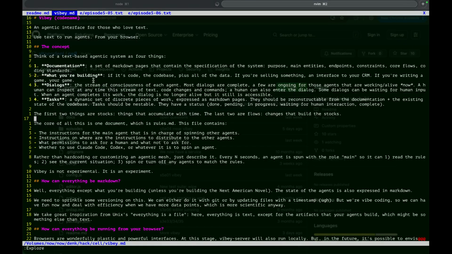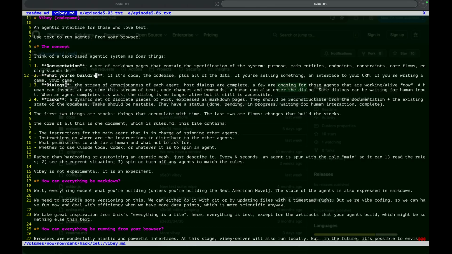So I had this list of 4 things. You have the documentation and what you're building, and then you have the other 2, which are the dialogues and the tasks. But I'm actually even thinking of simplifying this, because you could consider the tasks to also be part of the documentation, really. The tasks can also be about what you're missing, or you can even perhaps derive the tasks from taking a diff between the documentation and what you're building. So perhaps it's really the whole thing about 3 things. It's documentation, what you're building, and then the dialogues.